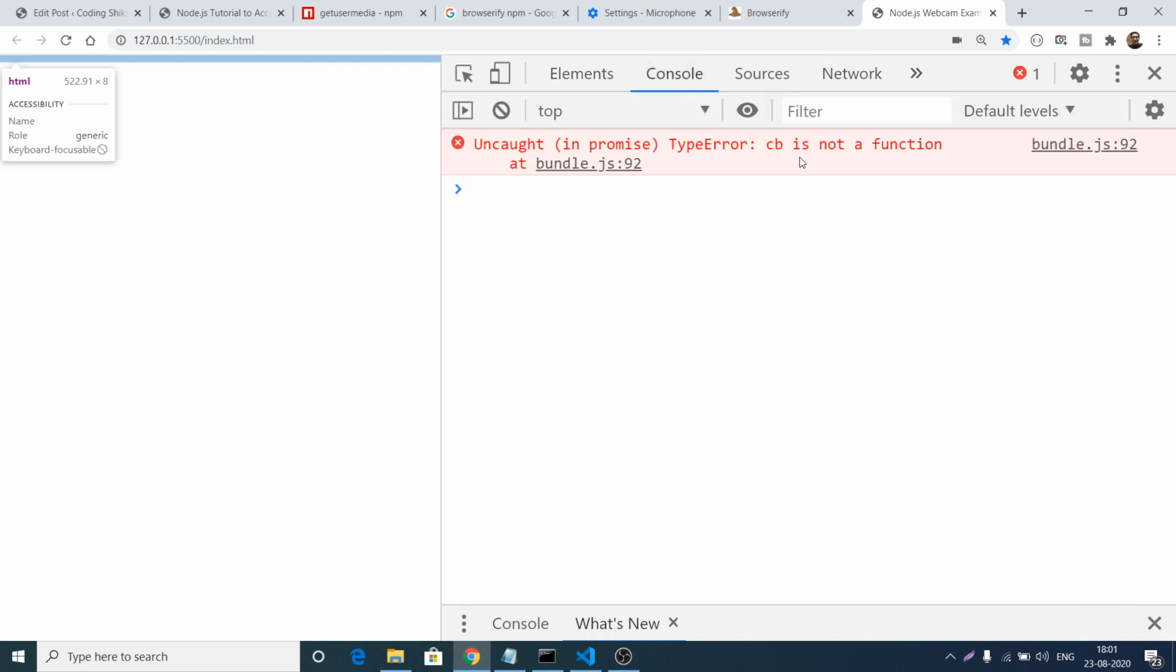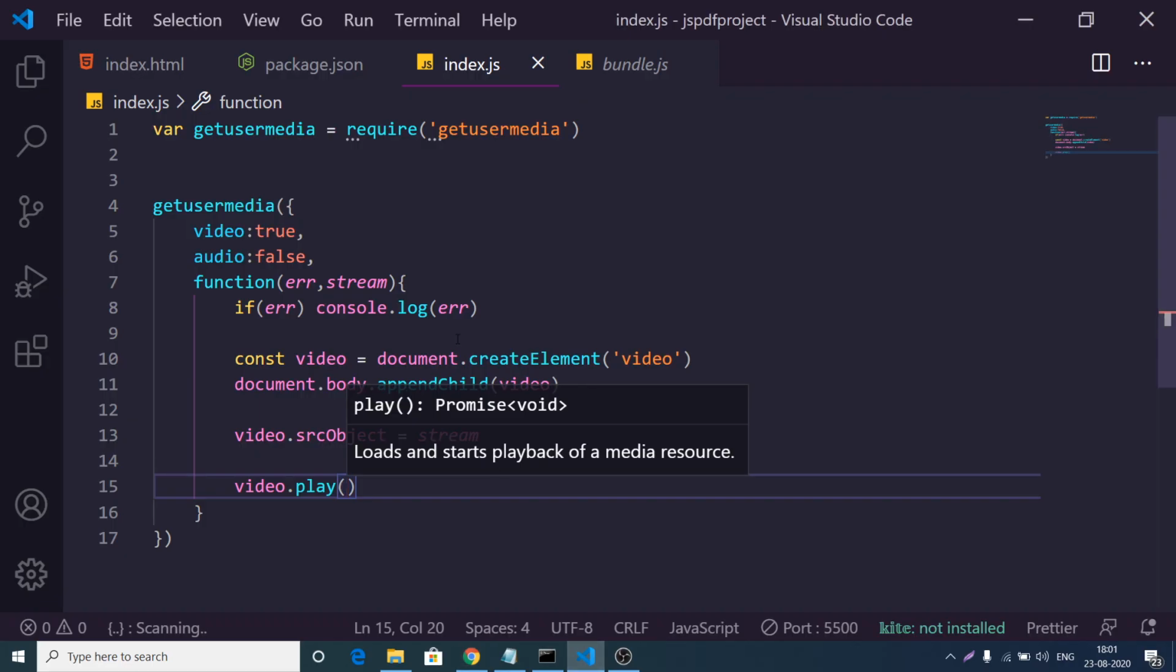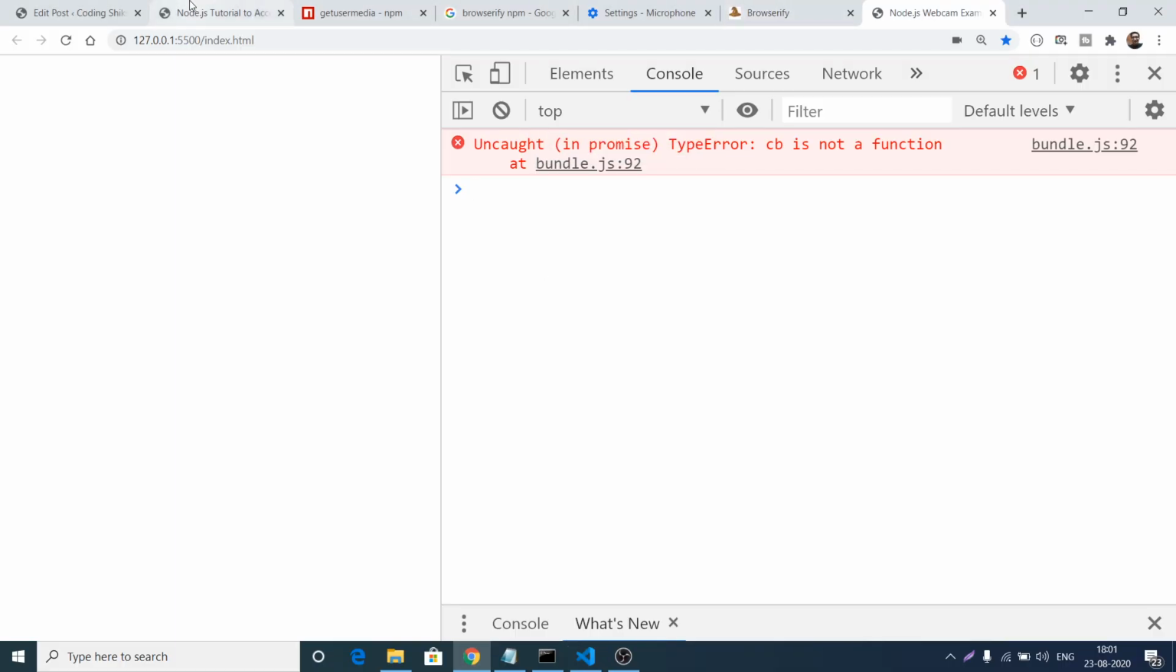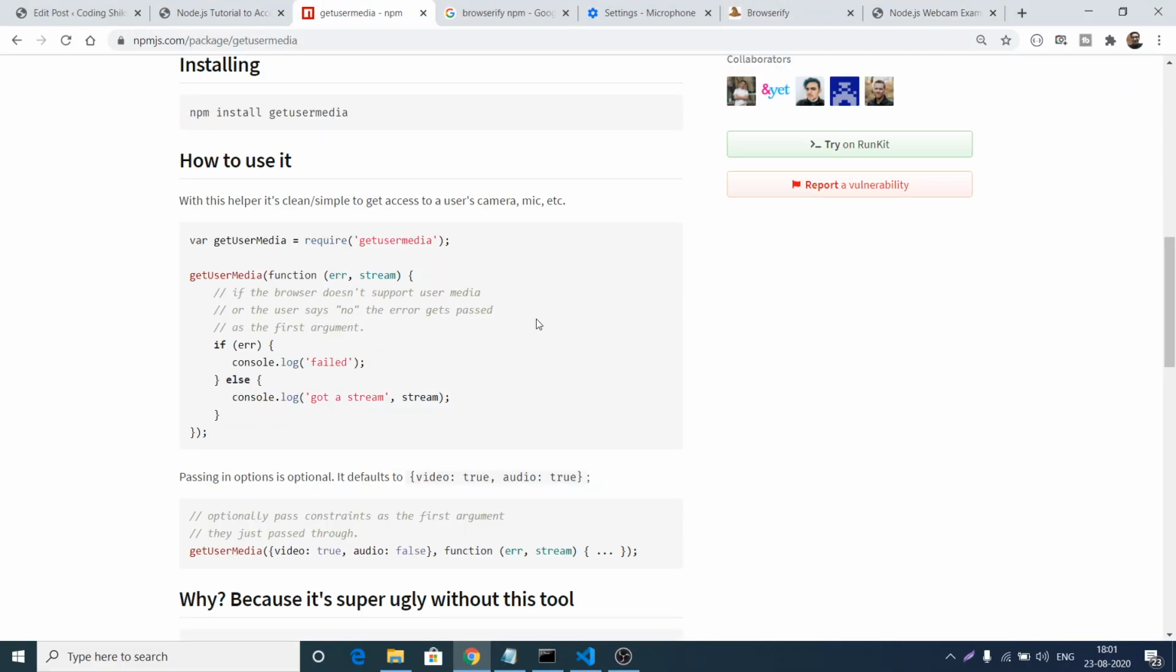Oh, let me just see what is the problem here. It is saying that CB is not a function. So let me just see, guys, there is some kind of problem here. Let me just see, if I go to the documentation,